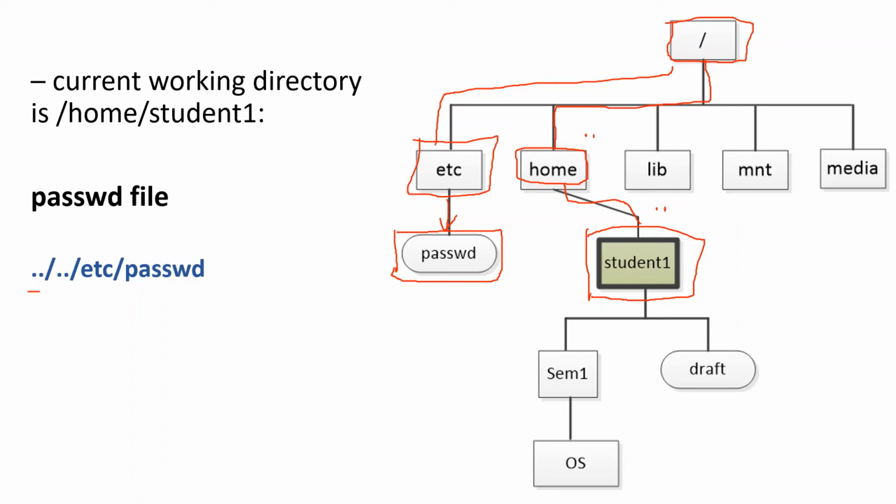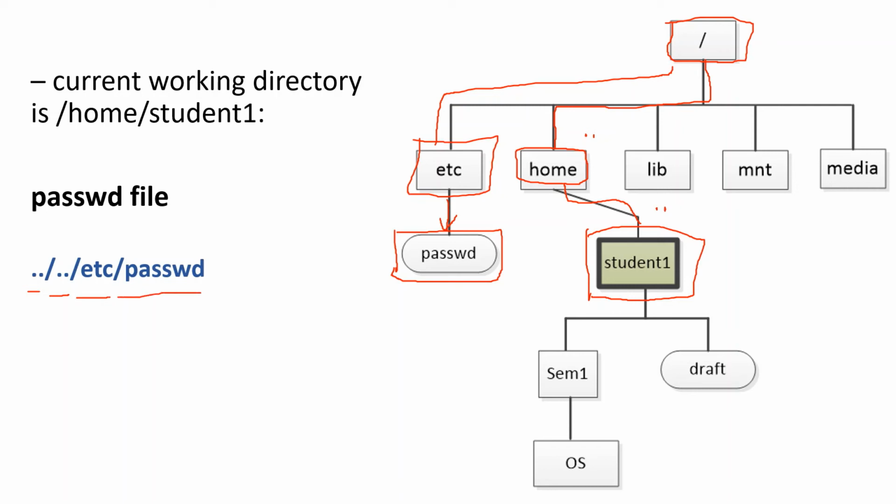Then from home you cannot just jump to etc. We need to go higher so that we can go down. So it requires you to go up to the parent, so another double dot. Now you are in the root directory, and only then can you mention the path of etc and